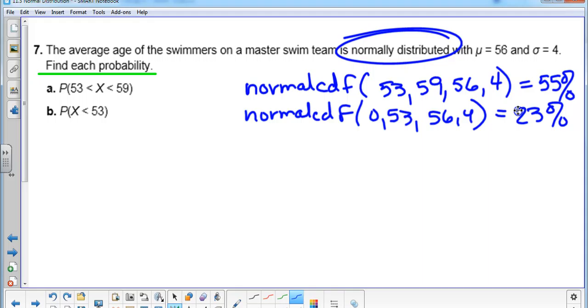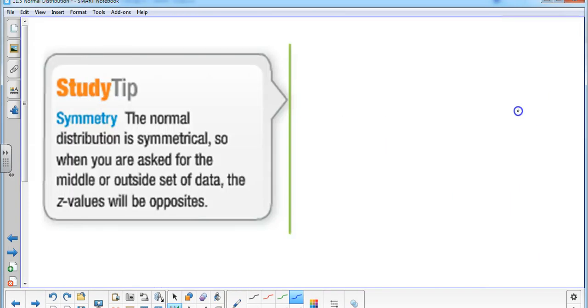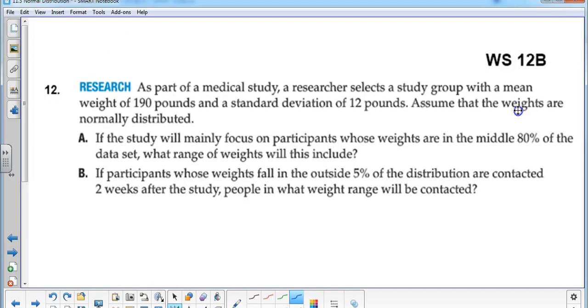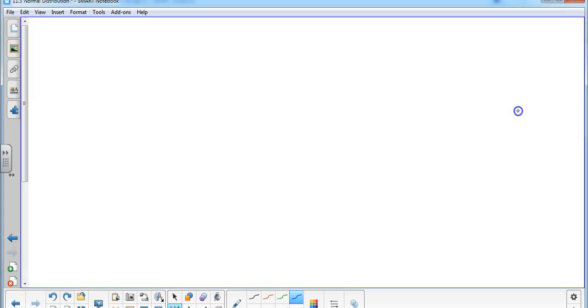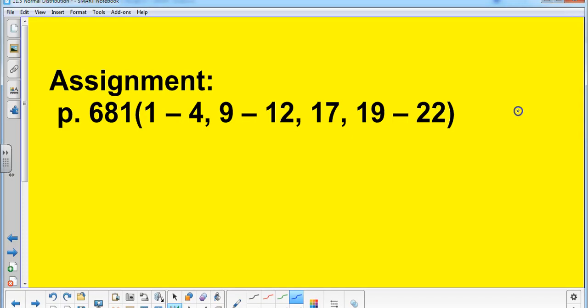Barely. All right, guys. You can start working on this assignment if you happen to have finished yesterday's. I'm not holding my breath on that. Okay, page 681. Tomorrow we will finish this lesson and talk about finding the middle